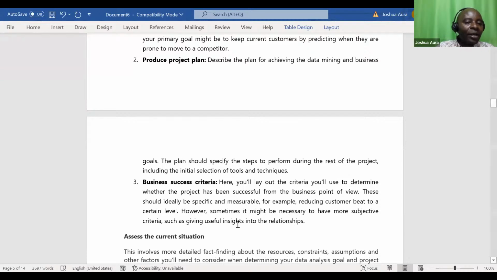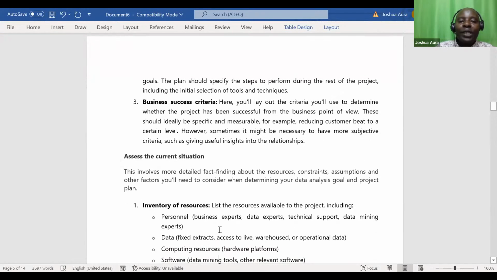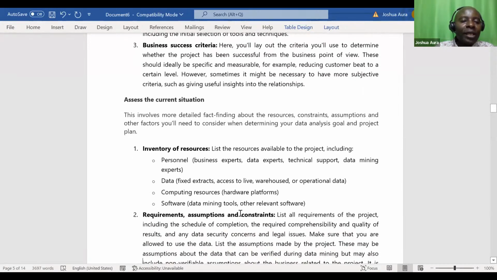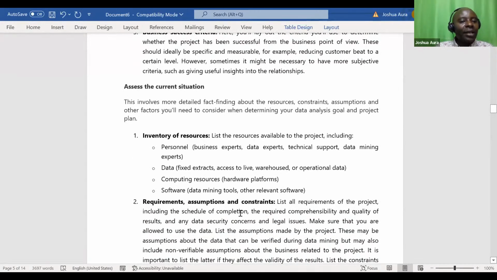As step number one, you must assess the current situation, where are we, who are we. This involves more detailed fact finding about the resources, constraints, assumptions, and the other factors you need to consider when determining your data analysis goal and project plan. So the current situation, you're looking at your SWOT, your strengths, weaknesses, right? Inventory of resources. List the resources available for the project, including personnel, data, computing resources, hardware platforms, software,